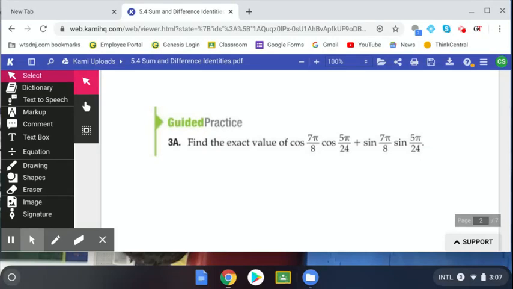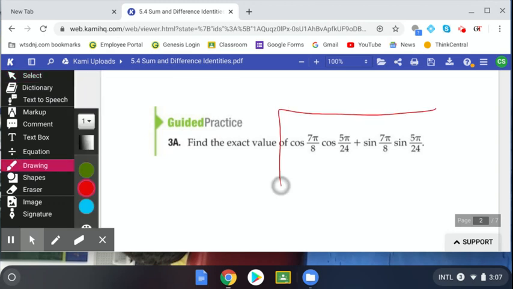Next problem. Find the exact value of cosine 7 pi over 8 cosine 5 pi over 24 plus sine 7 pi over 8 sine 5 pi over 24. So now I have to match this to one of my identities. I want cosine of the first, cosine of the second, plus sine of the first, sine of the second. So if I look up there,